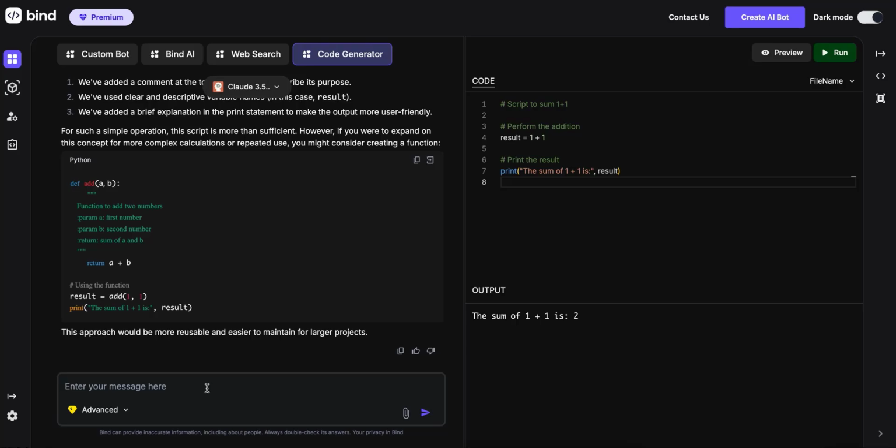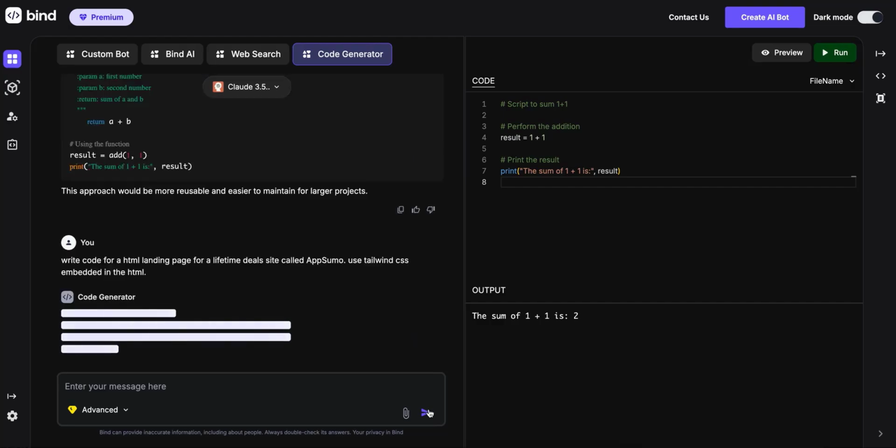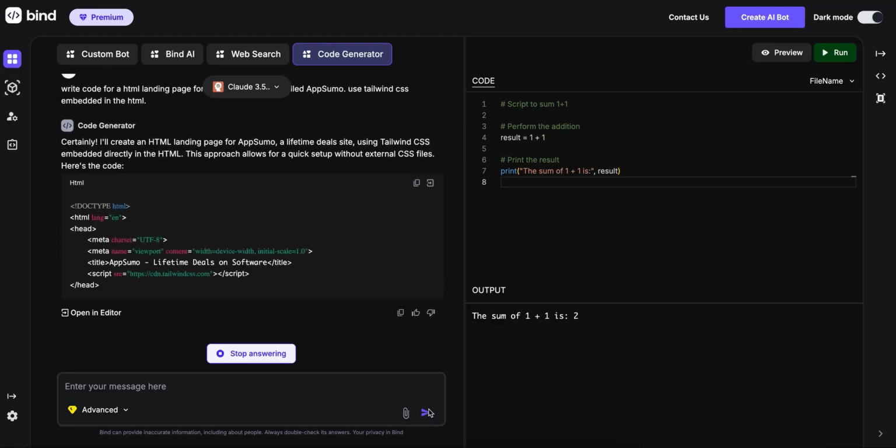So for an example, write code for a HTML landing page for a lifetime deal site called Appsumo. Use tailwind embedded in the HTML. So you can just give a prompt and it is going to generate the code, and it's going to